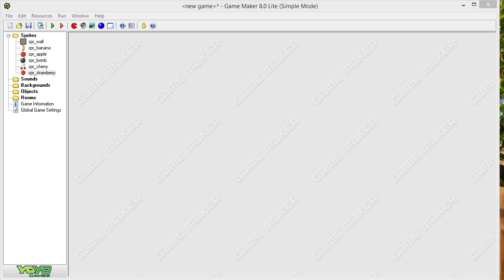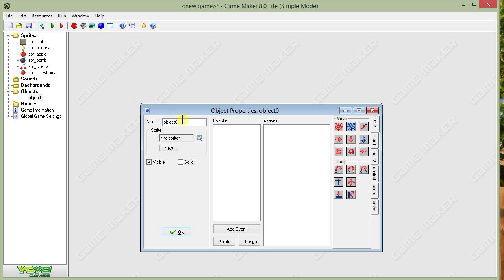Objects are the things that show up on the screen and that can react to input from the player or from other objects inside the game. To create an object, you want to go to your toolbar and click on the blue orb. When you do that, you'll get the object window. Let's use our naming scheme